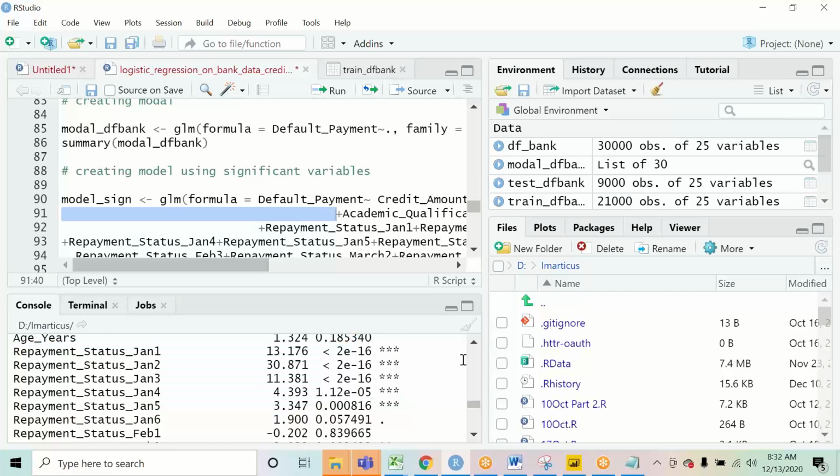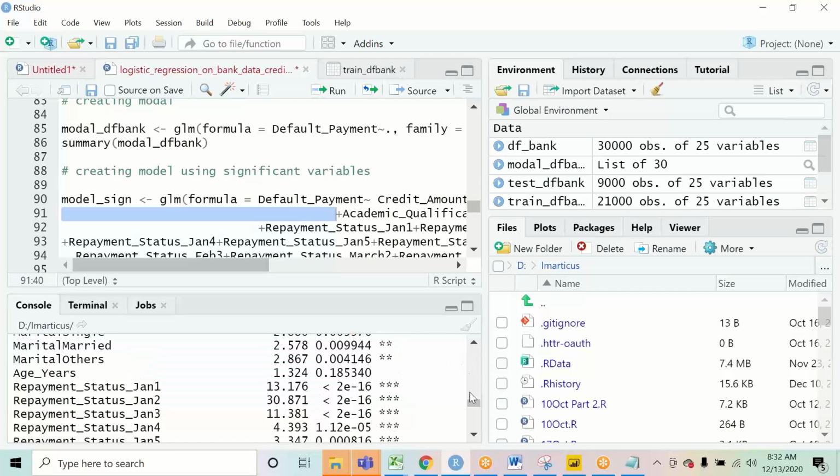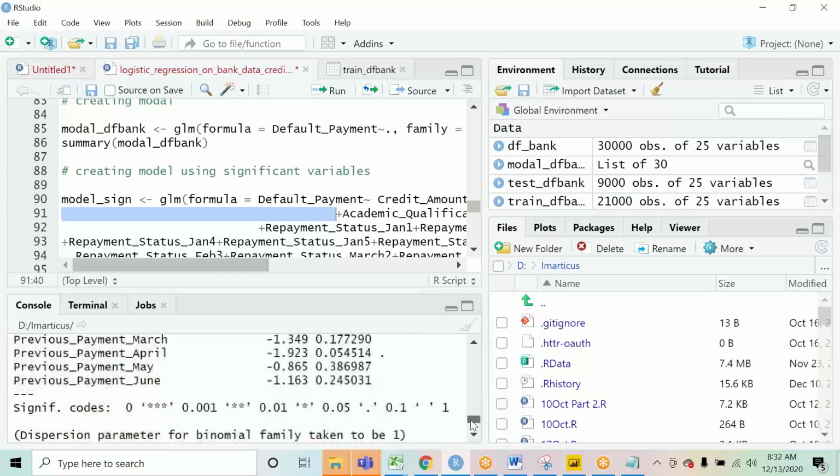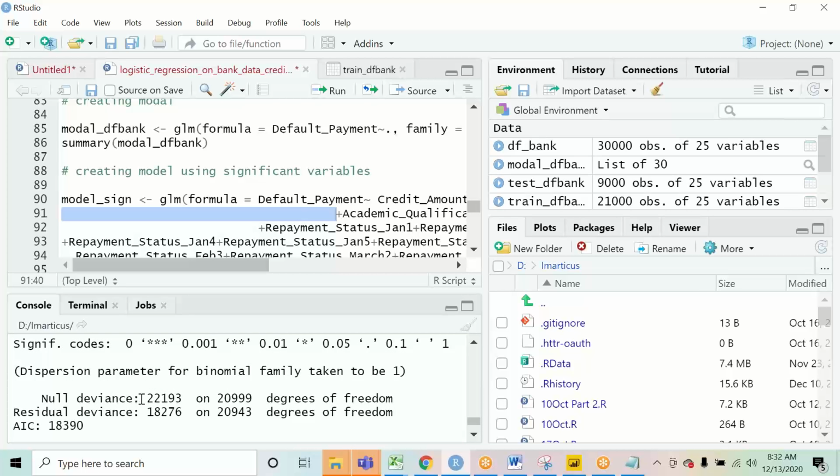Have the p values got better for any of the variables after rerunning, or are they still the same? You will check whether the null deviance and residual deviance have got lower or improved. In the case of linear regression, you will check whether the r square has increased. If the r square is still the same, nothing has changed, that means even after removing the variables, the importance of the variables is not changing. Okay.